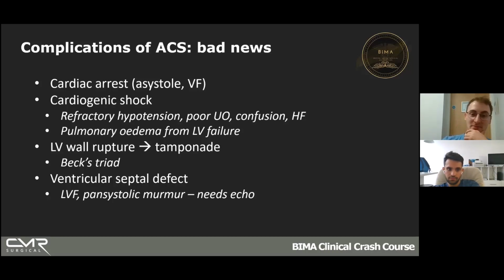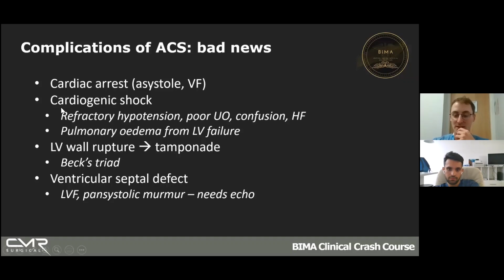And lastly, another bit of bad news is what's called a ventricular septal defect. You might have heard about this in peds. You get a hole between the two ventricles. Blood flows from your left ventricle to your right ventricle because the pressure in the left ventricle is higher. It means your left heart can't pump out any blood because it's all going into your right heart. You get pulmonary edema, you get heart failure, and again, you will probably die. So that's number one, bad stuff that happens.